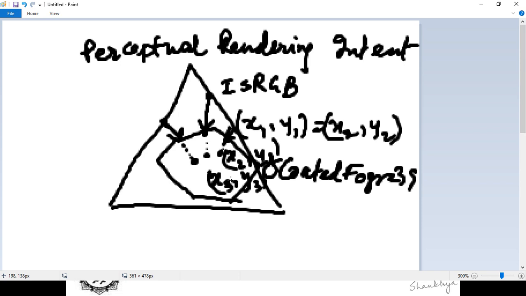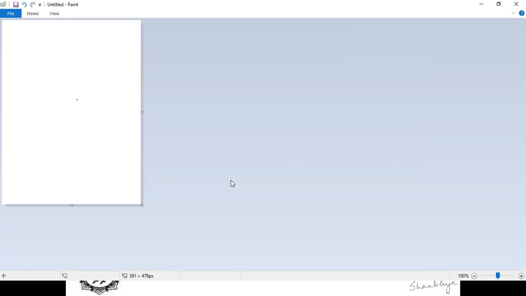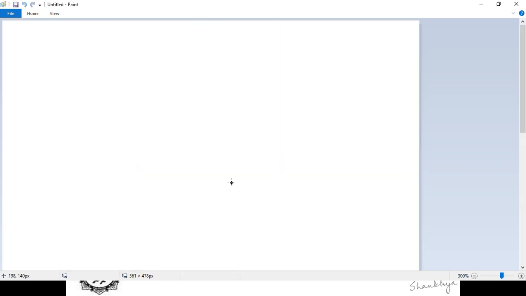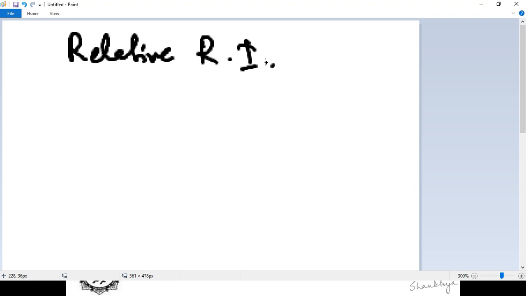The second type of rendering intent that I will be talking about is known as the relative rendering intent. Okay, so what is relative rendering intent? So here it moves the out of gamut colors to the closest in gamut colors, the same process, but the only difference,